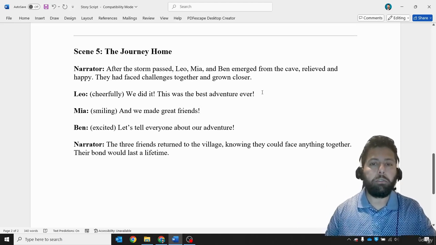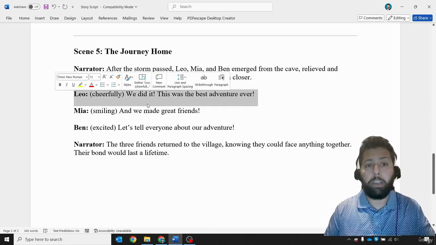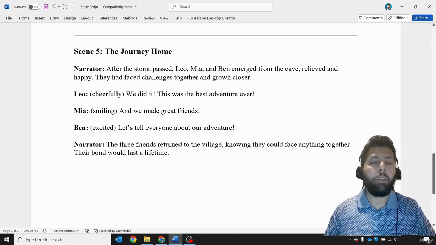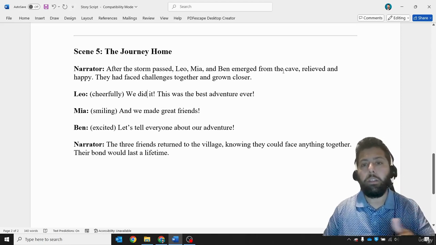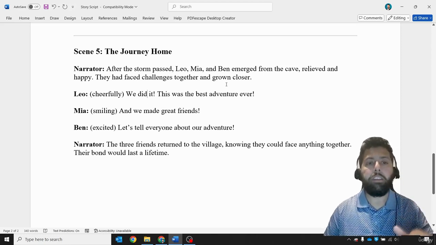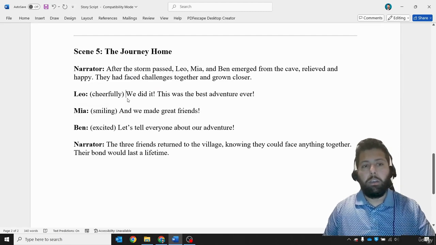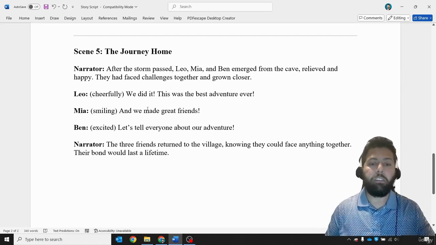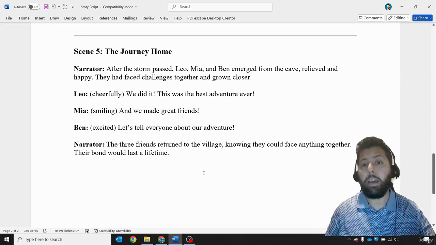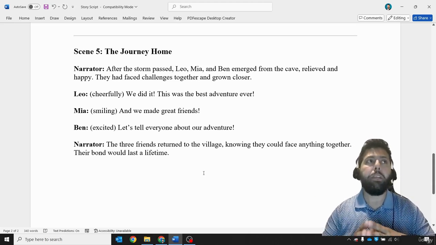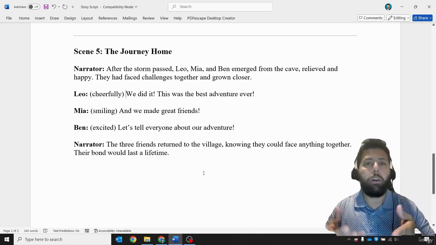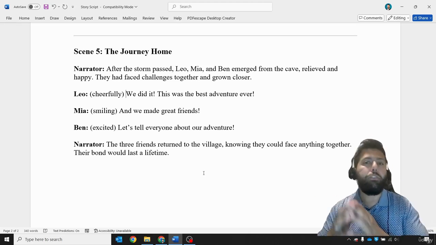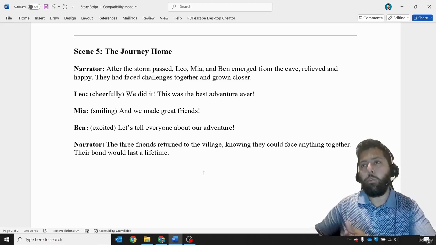So, for instance, Leo says in this part, so after the storm passed, they all emerged from the cave. They're relieved and happy. They had faced the challenges together and grown closer. Then we have some expressions here. So Leo, he cheerfully states, "We did it. This was the best adventure ever." So going to Leonardo AI, you want to express that because it'll help. The more expressive they are in the images, the easier the transition